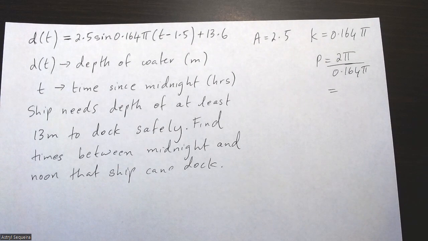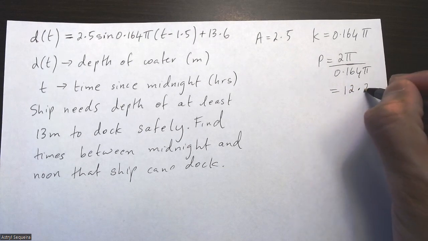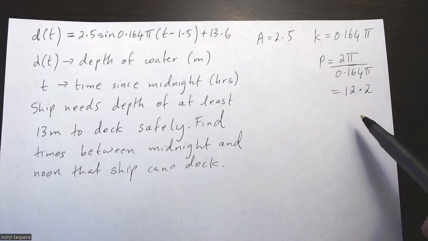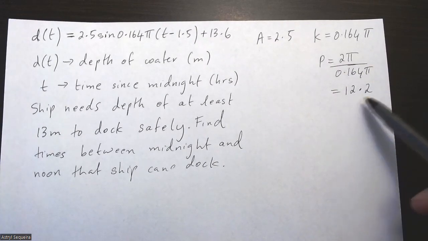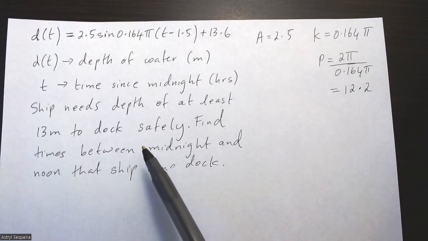And I get 12.2. So approximately 12 hours. This is probably just rounded a bit off. Technically, I'm not sure why, but it's just done like that. So 12.2 hours, approximately 12 hours, basically from midnight